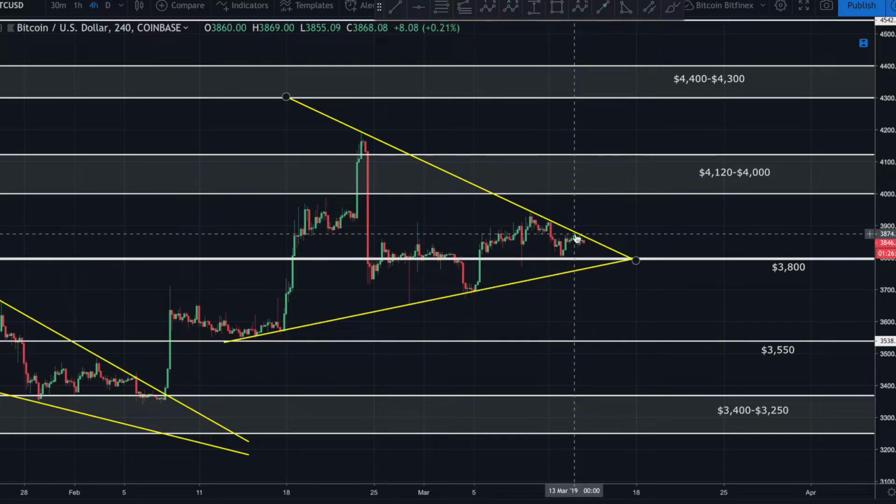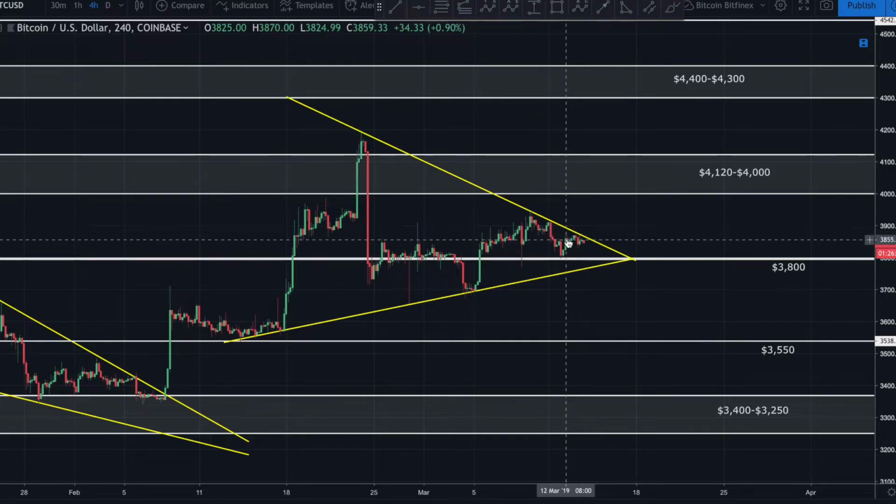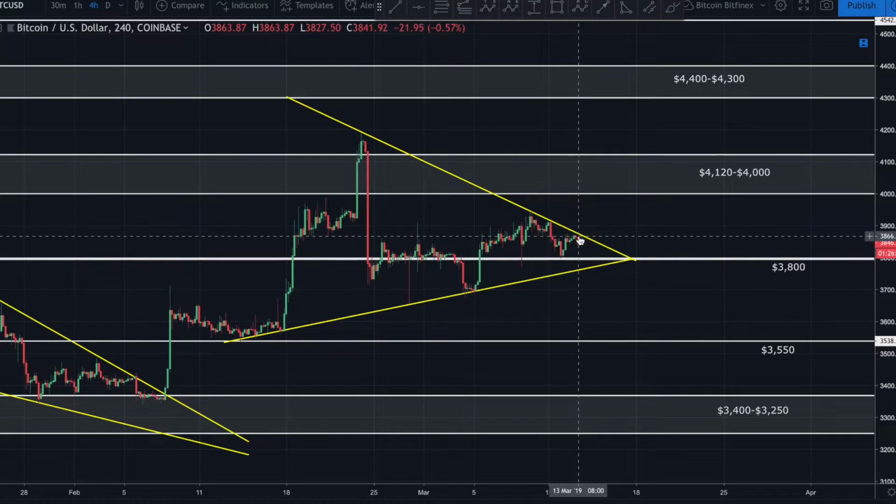Price came up, hit this resistance line, and I went ahead and got out. I didn't like the volume I was seeing. I didn't like the posture that price was coming up. So I went ahead and got out of that trade, made a little profit, not much at all. As I said, I'm being a little more conservative, guys, because in my opinion,